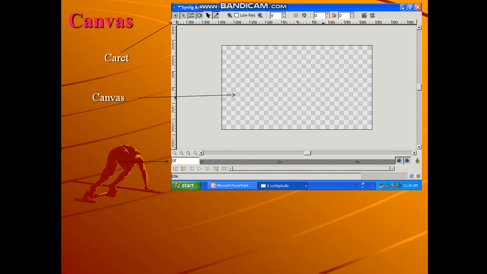This is known as the timeline. When you start creating animation, it shows you several frames here. Here it shows 0f, then here 2s is given, 4s is given.